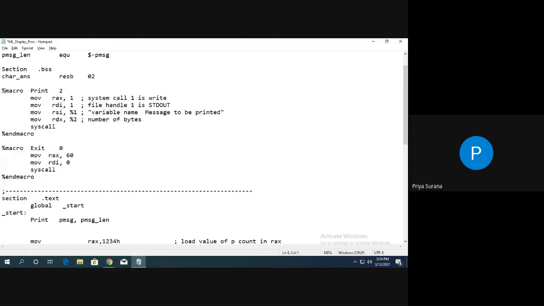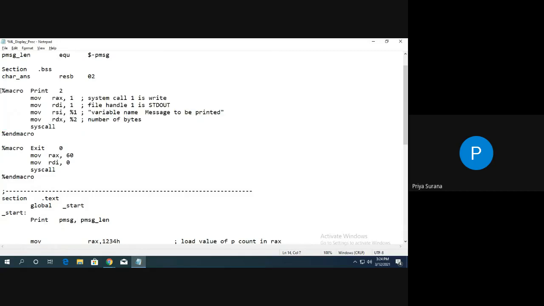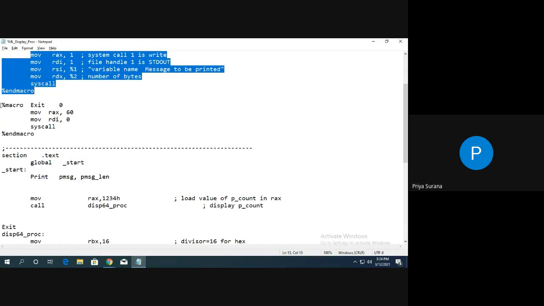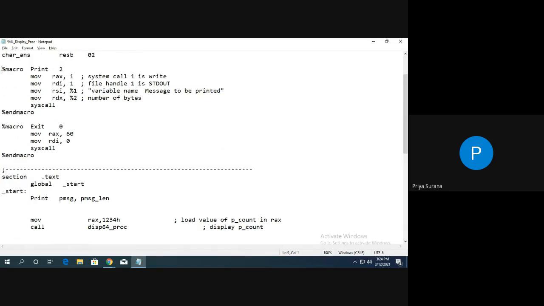Here again, the print macro is written, and within it the print syscall is written. In a similar manner the exit macro with the exit syscall is written here. Remember, %macro and %endmacro are directives.